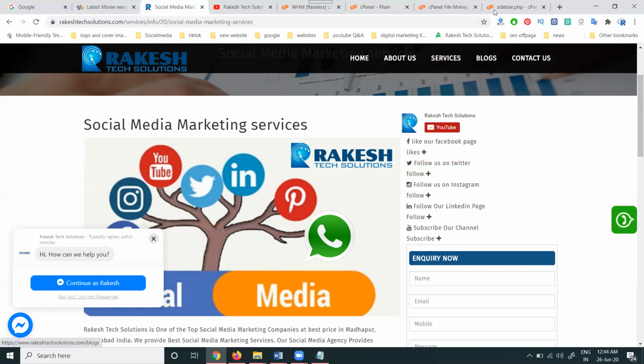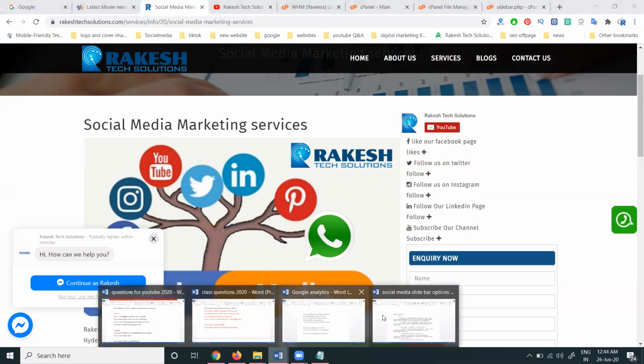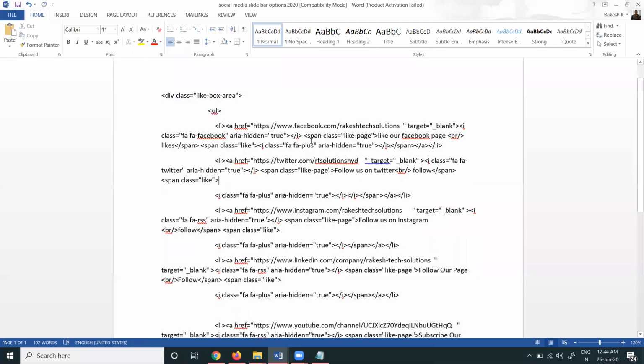For the app link purpose, that code is a compulsory mandatory field. Where you display the icon option for the Facebook page, Instagram, LinkedIn, you have to change and update in this particular option. Simple. I'm just copying the particular code option. Just look here, I'm copying which parameters are there.